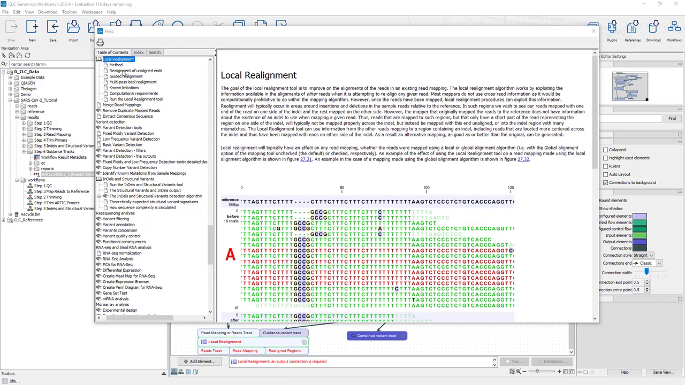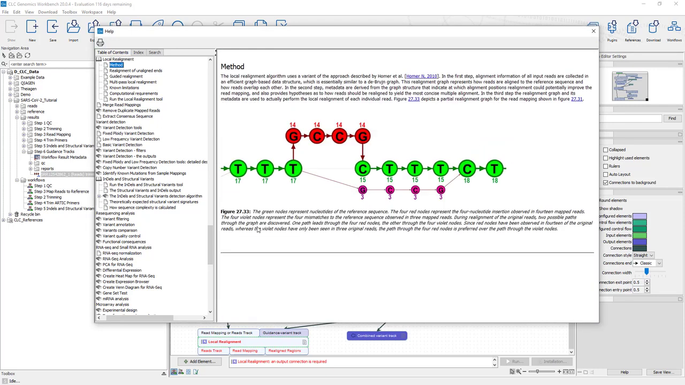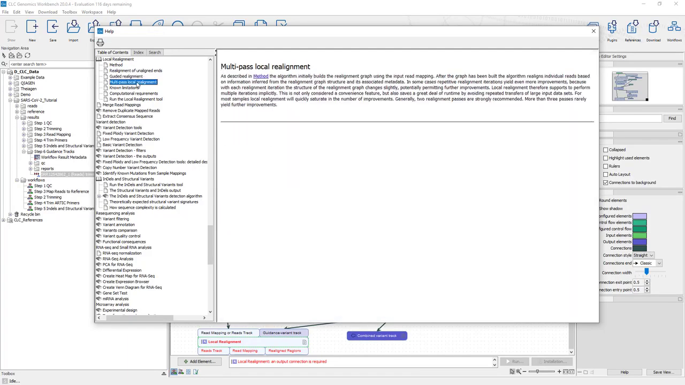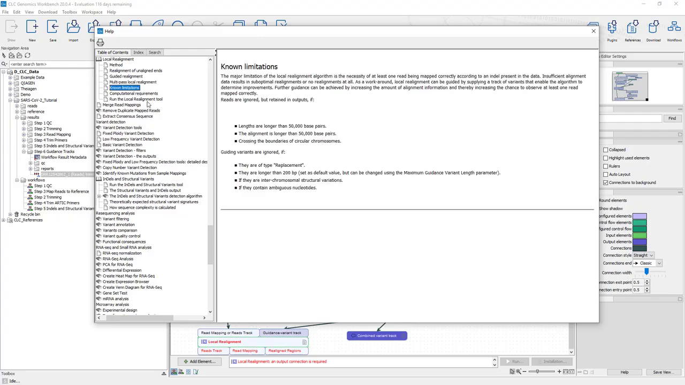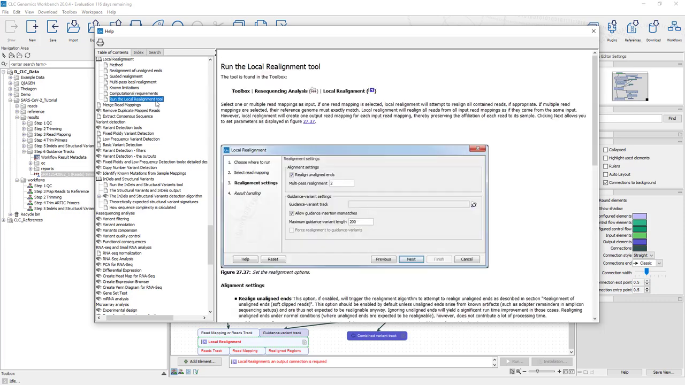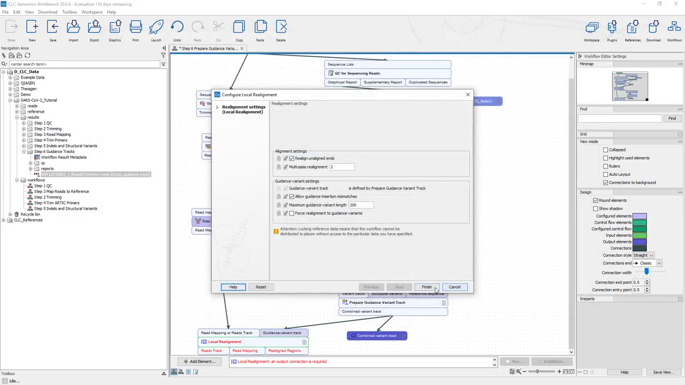And what's really nice about this help too is, you can go in and it talks about the algorithm, their realignment for unpaired ends, the guided realignment, multipass, known limitations, computational. This is a really good section. This could be an hour-long video on its own talking about this and how to run it. So we're going to use these default parameters, and so let's just say finish there. We're going to leave that,